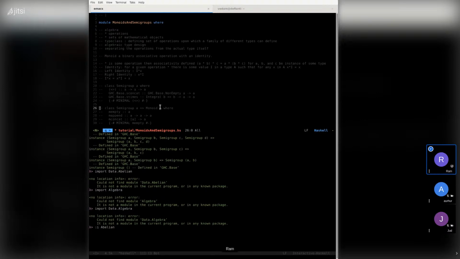All right. So when we talk about monoids in Haskell, we have three particular operations, and each of them is associated with the definition.